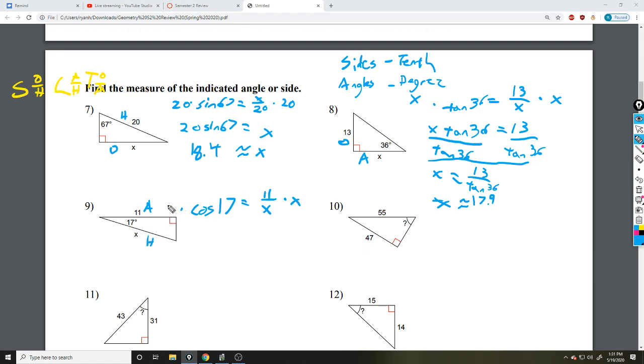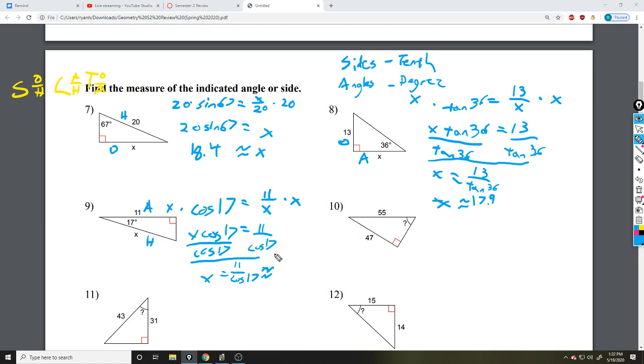We're going to multiply by what's on the bottom to get rid of the fraction. Cosine of 17 is just a number, so we're going to divide by it on both sides. So we get x to be 11 over cosine of 17,